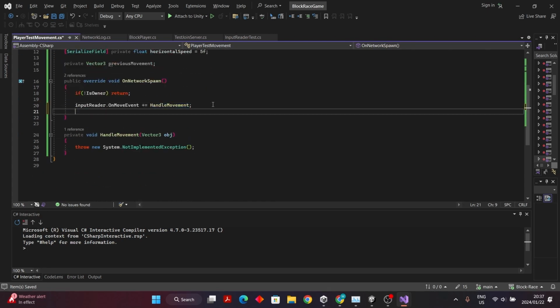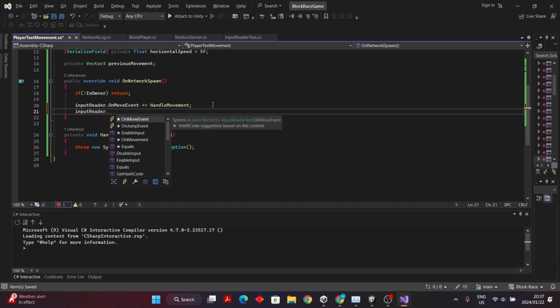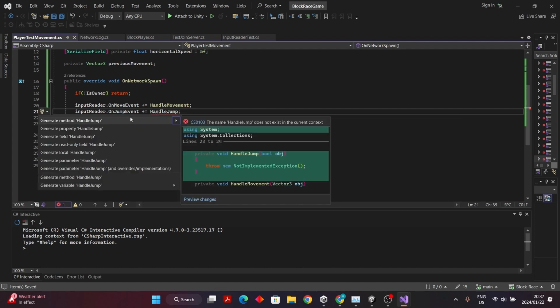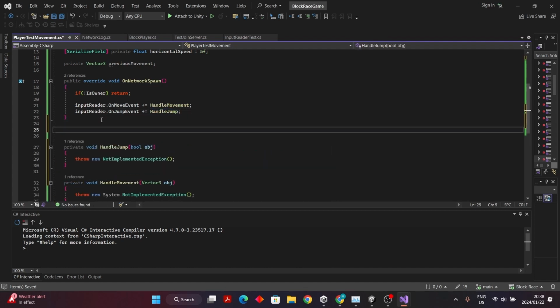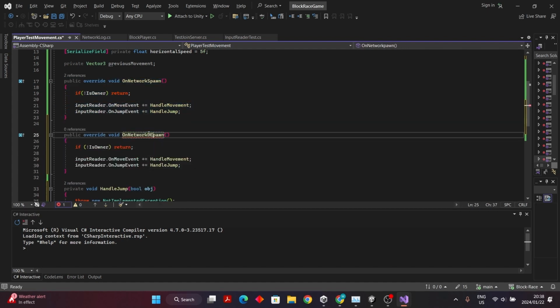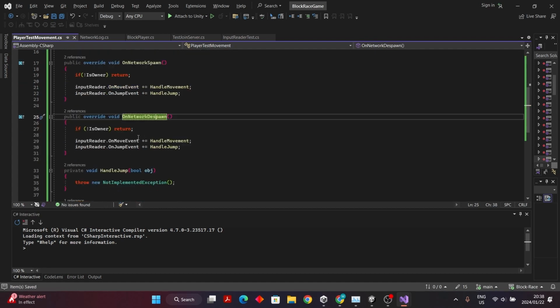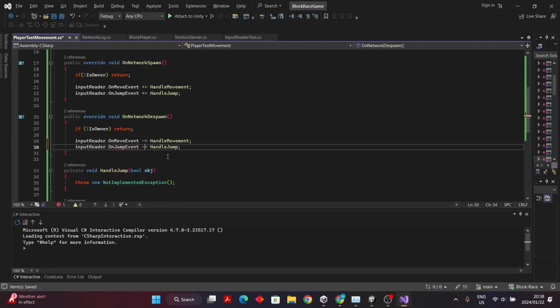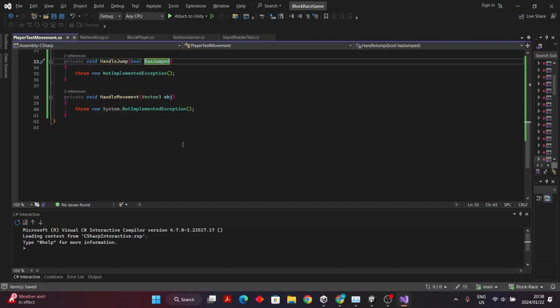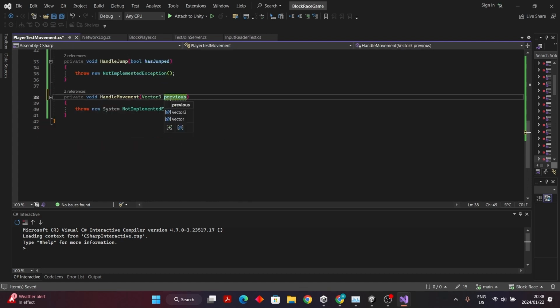Right, then we just need the input reader dot jump event. So no jump. Okay, I just want to generate that. And what you can do just to save time is just copy and paste this, and then on network despawn, despawn, and then you just minus equals, so you unsubscribe to the method and in the events, and then you just want to change this, so this would be the instrument. Well, press space, or whatever you want to call it, and this would be previous. Oh,